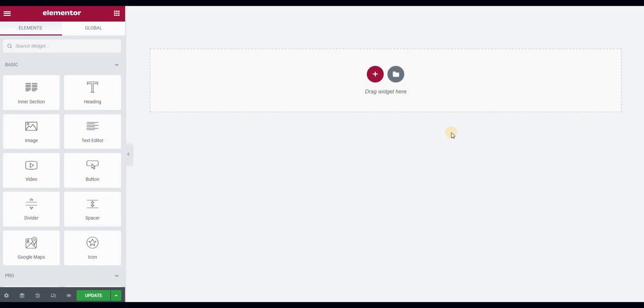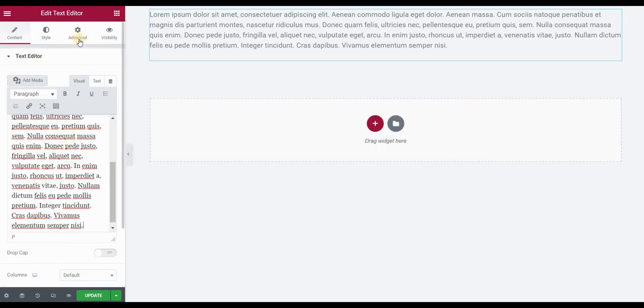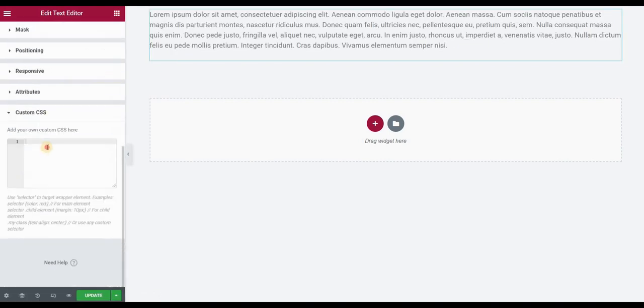Today we will see how to create columns in text using CSS in Elementor. So use the text editor widget and insert your text here. Now if you go to the advanced panel and custom CSS, use the selector and then you want to use